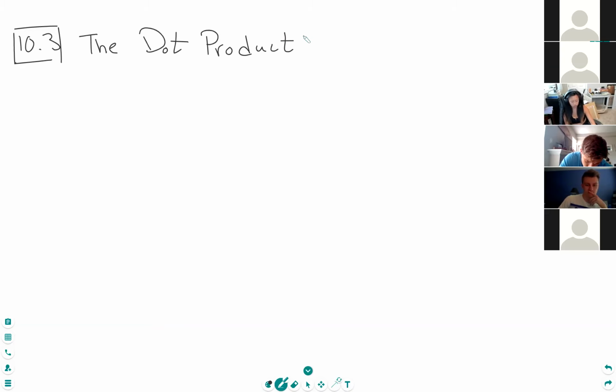Okay, so notice when we were talking about addition and scalar multiplication of vectors, we didn't really talk about what it means to multiply vectors together, right? In fact, there's multiple ways to define how to do so. And one of these is called the dot product. Okay, so the dot product